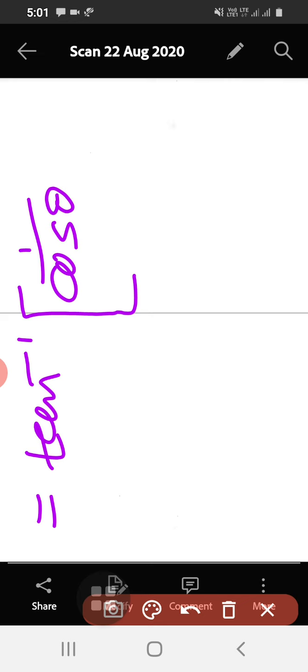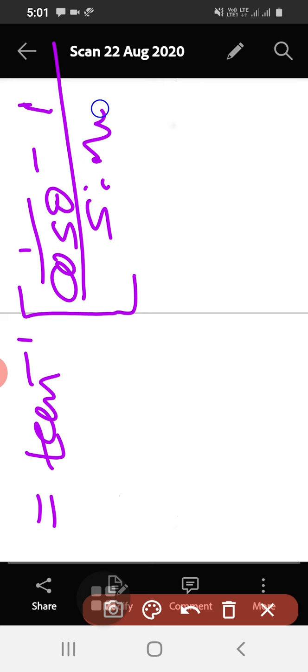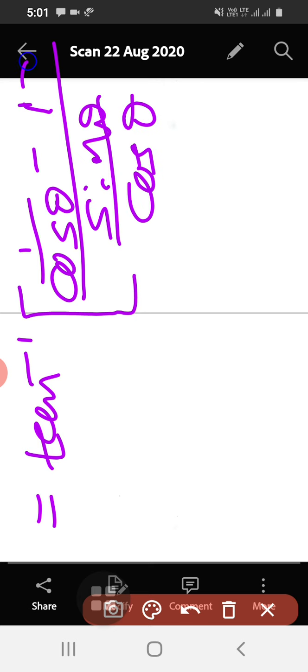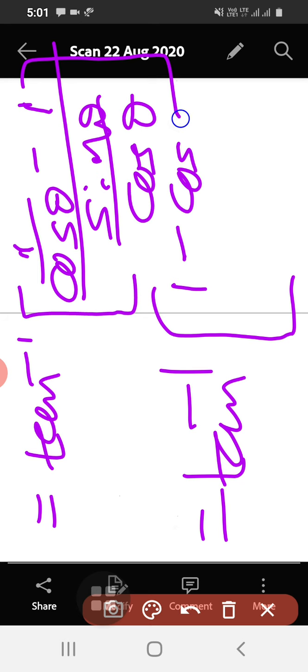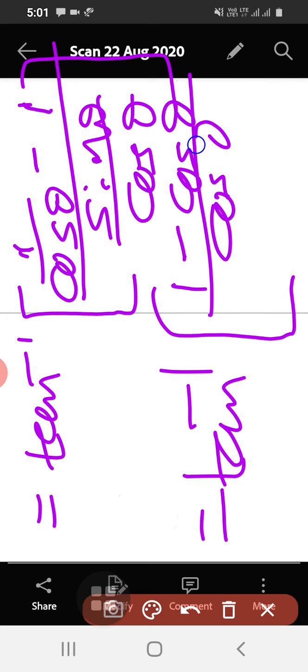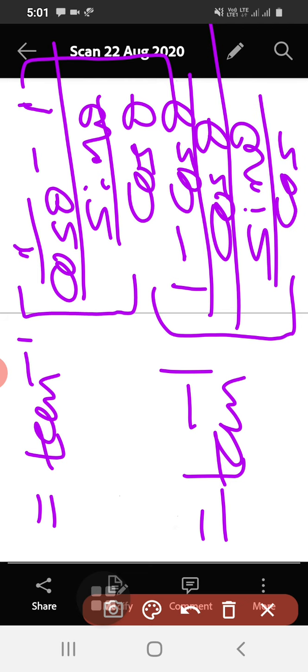See, tan inverse of (1 by cos theta minus 1) whole divided by sin theta by cos theta. So that is tan inverse of, see, 1 by cos theta minus 1. So 1 by cos theta minus 1 means that I can write that as 1 minus cos theta, and cos theta is the LCM here, divided by sin theta divided by cos theta.